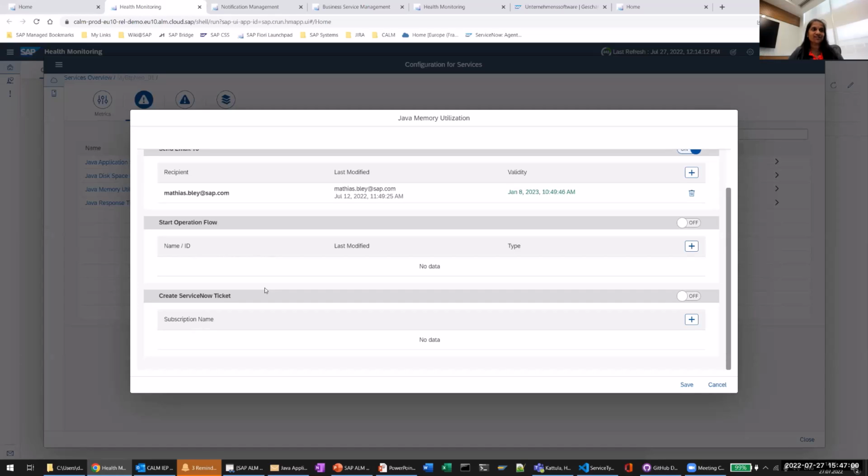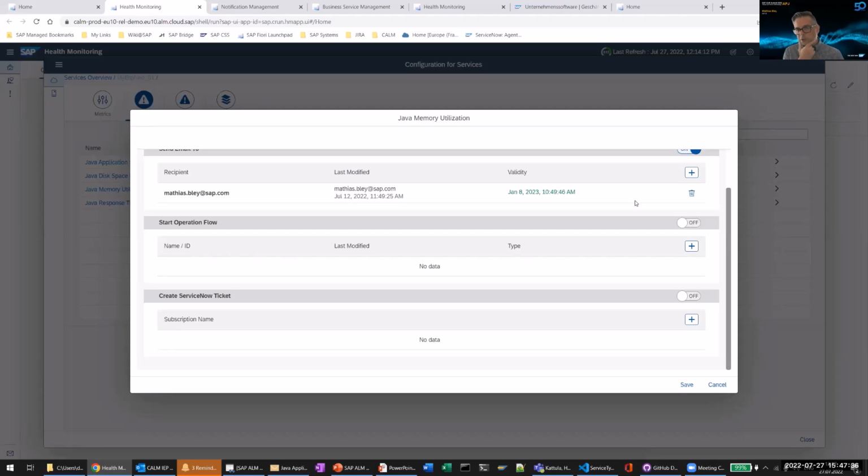Okay, here comes the next one. Will we have to maintain the email notifications individually for each metric or event, or can we maintain a global setting too? Global settings we do not yet have in health monitoring. Currently, you have to really configure this on a single level. So you have to say which alerts, which events you want to monitor, who should get notified. But this is on our backlog, to provide some mass configuration capabilities so that you don't have to do this now